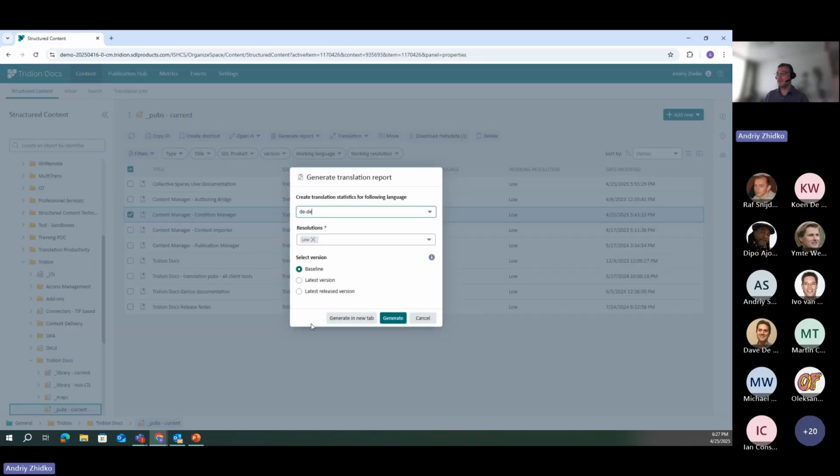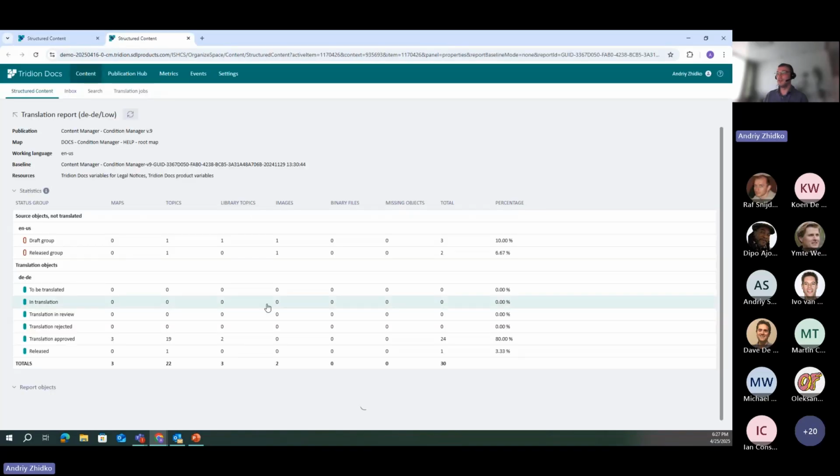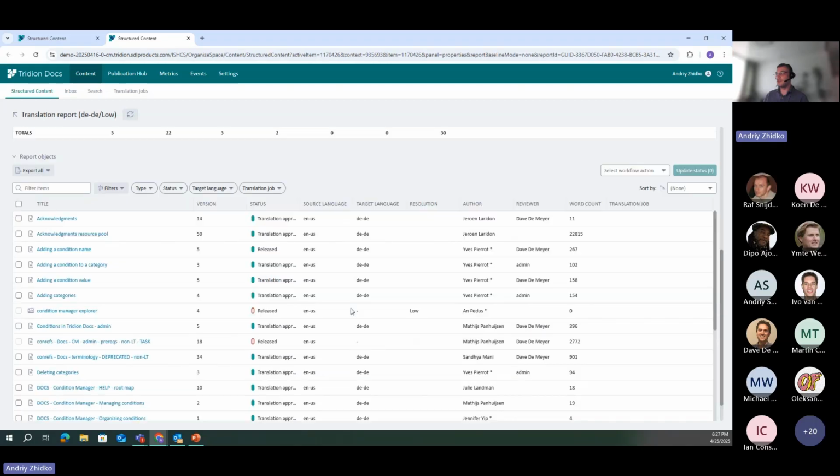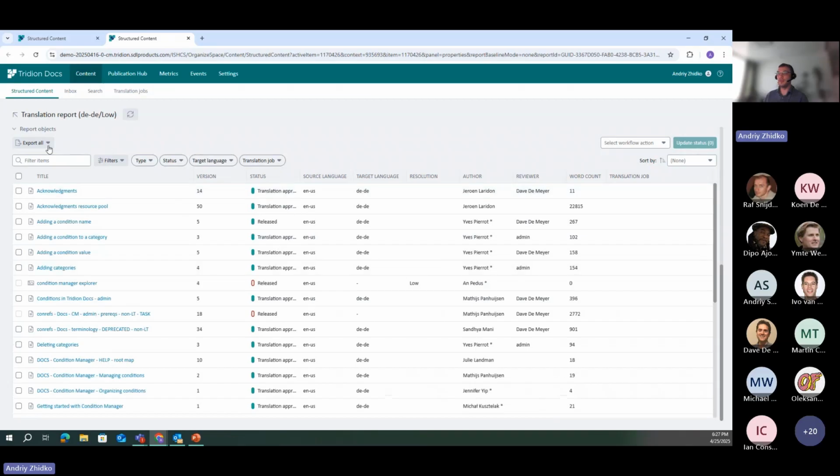Translation report. So as you can see, there is an option to generate a translation report in a separate tab on the current one. So let's just use this new option. Your translation report is being generated. Oh, I didn't translate this one. But anyway, we can take a look on the